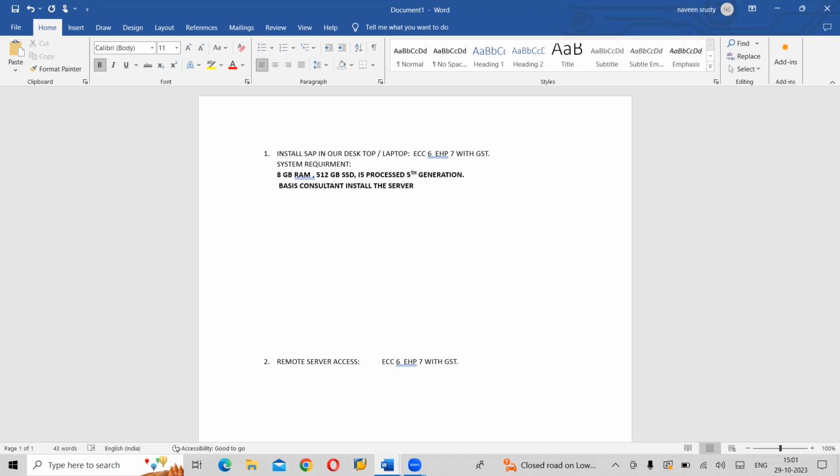He will make your hard disk or SSD into 2 partitions. If you have an original operating system, they will format it, remove everything and make it empty, and make your hard disk into 2 partitions.